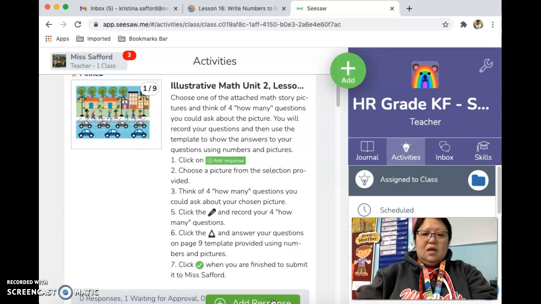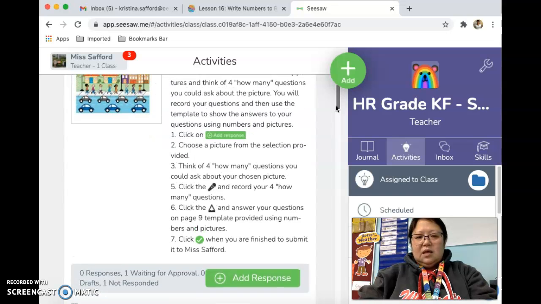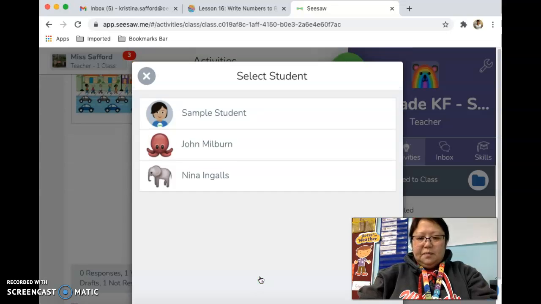Okay, so it says choose one of the attached math story pictures and think of 4 how many questions you could ask about the picture. You will record your questions and then use the template to show the answers to your questions using numbers and pictures. Okay, so what you would do is you would click on this green response key like you have before,